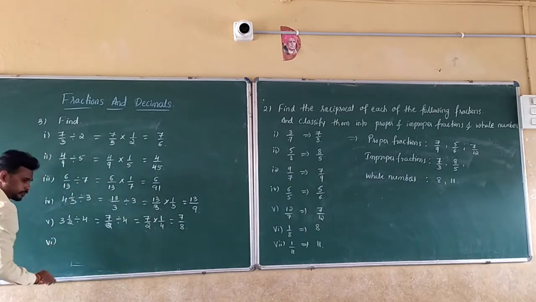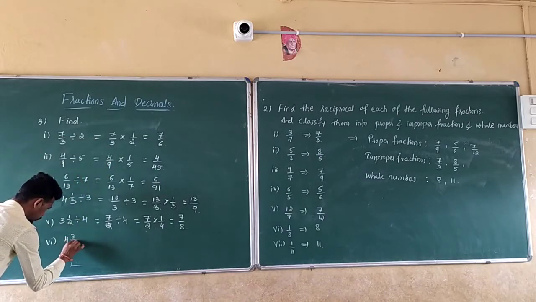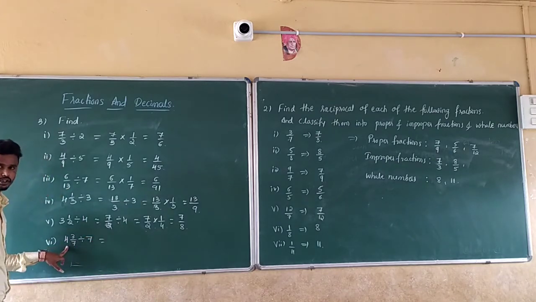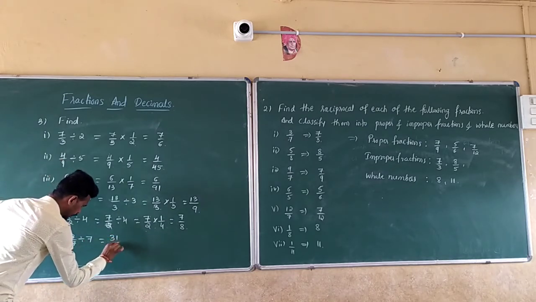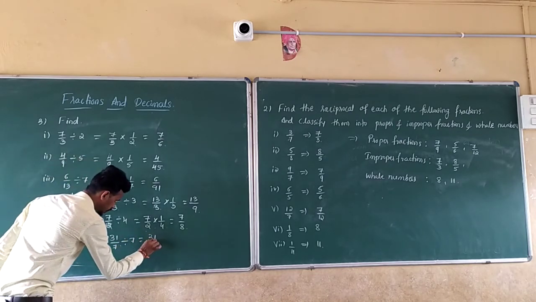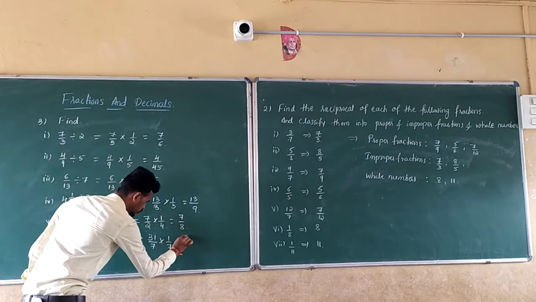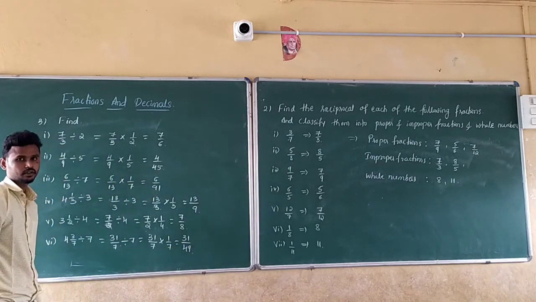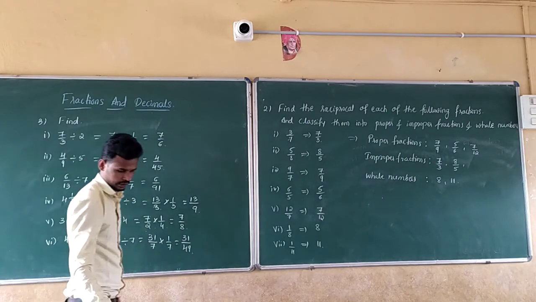Next, sixth one, 4 integer 3 by 7 divided by 7. Convert this one into an improper fraction, 7 4s are 28, 28 plus 3, 31 by 7 divided by 7, which is equal to, keep the first number the same as it is, 31 by 7 into 7 will become 1 by 7, which is equal to 31 divided by 7 7s are 49. So this is about question number 3. Now let us see the next question.